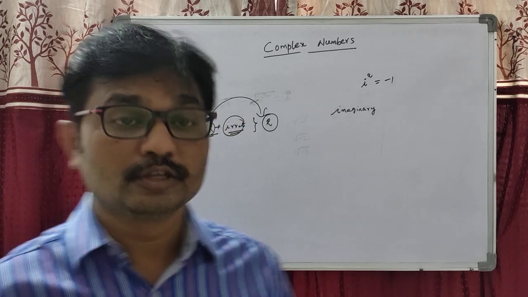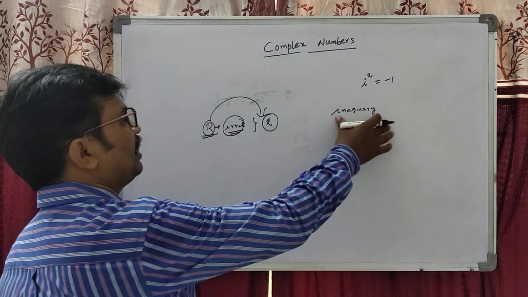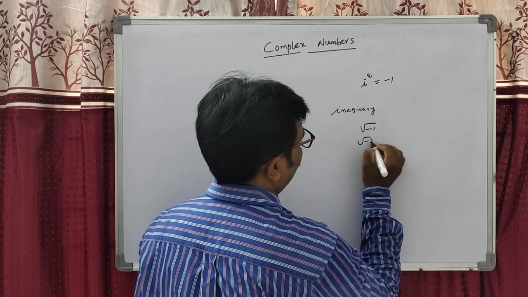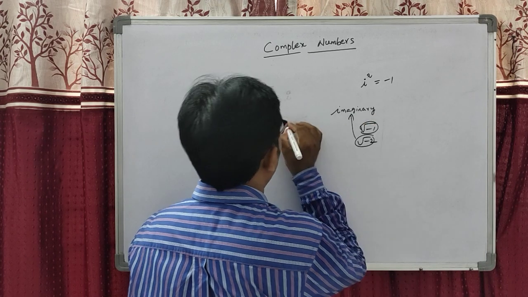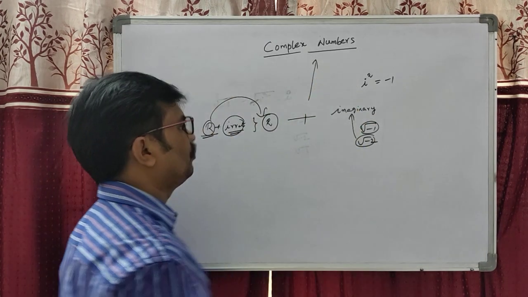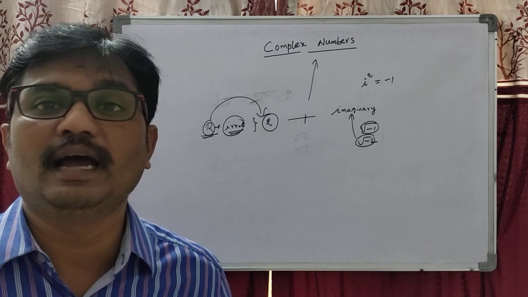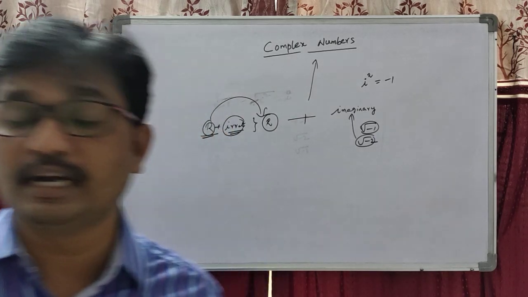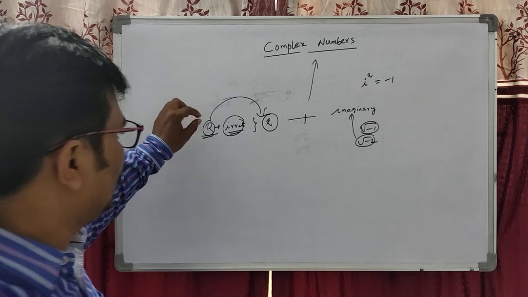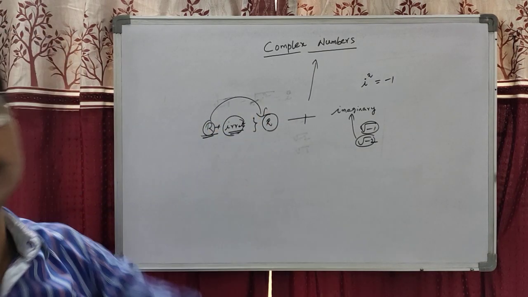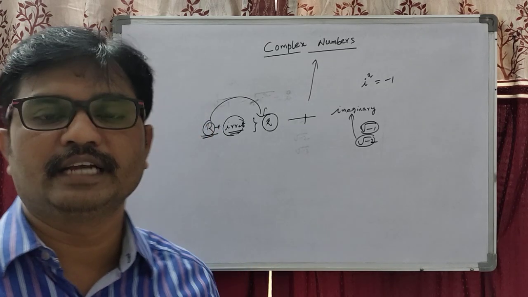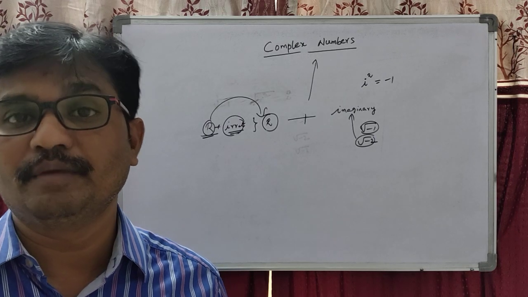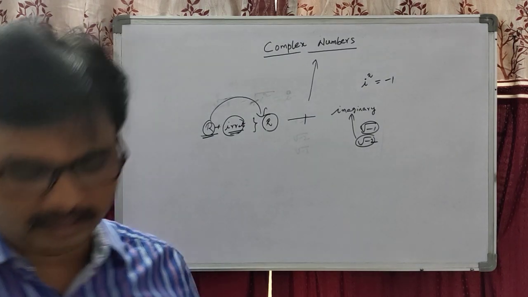Okay students, right now we are going to discuss imaginary. Imaginary means under root of minus 1, minus 2. Therefore these are called imaginary. Real plus imaginary is called the complex number. Real means rational plus irrational. So the rational plus irrational is called the real number, but the combination of real and imaginary is called the complex number.